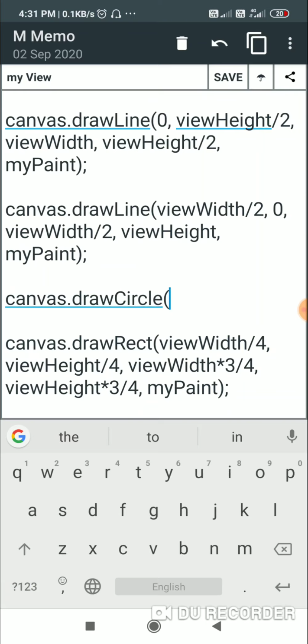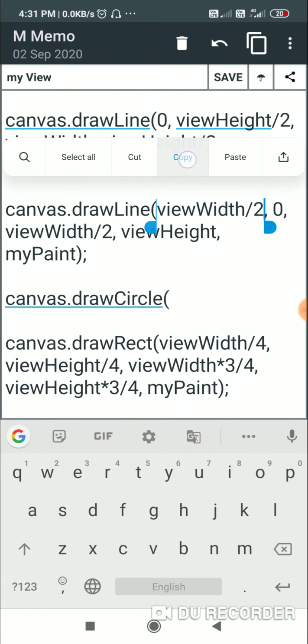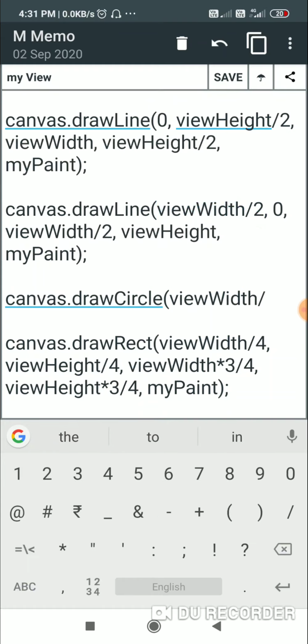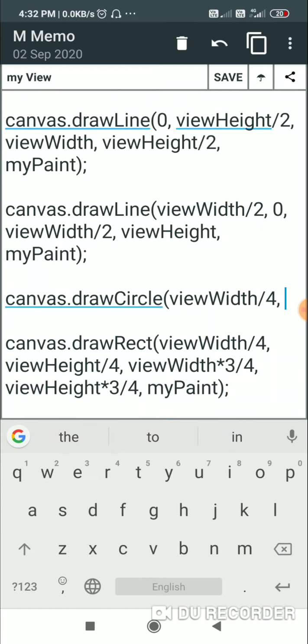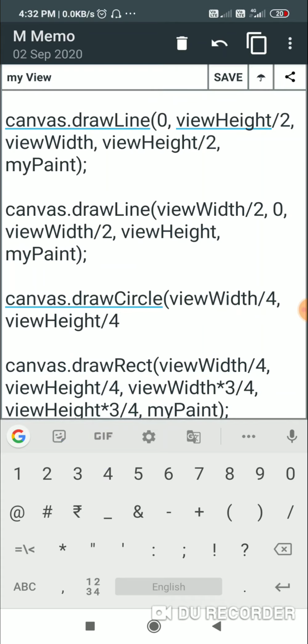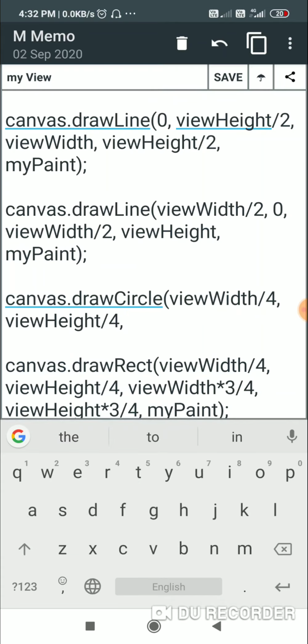Since I am drawing the circle in a quadrant, the x coordinate of the center will be viewWidth divided by 4. Now I will write the y coordinate, which will be viewHeight divided by 4, and then I will write the radius of the circle.